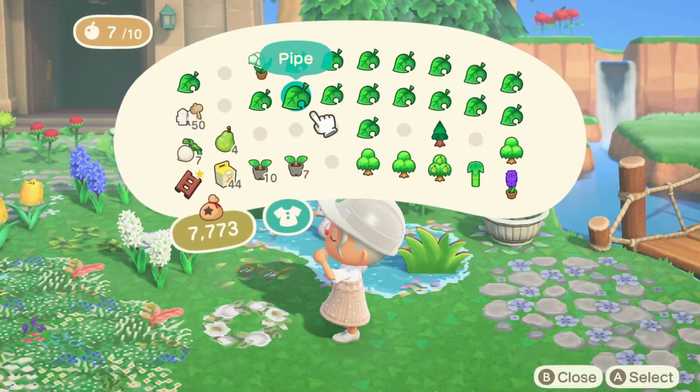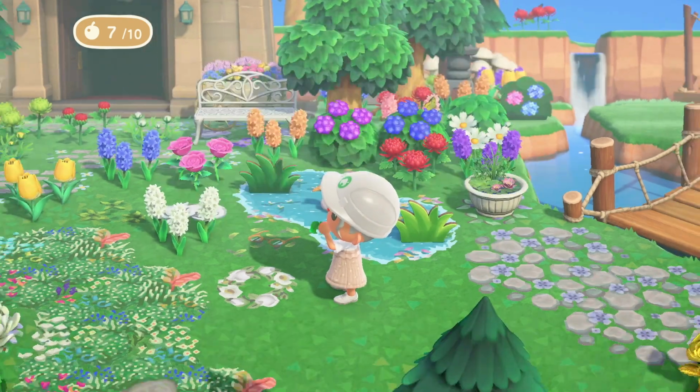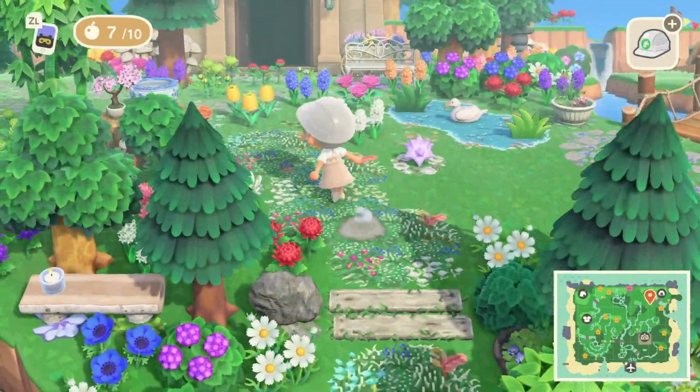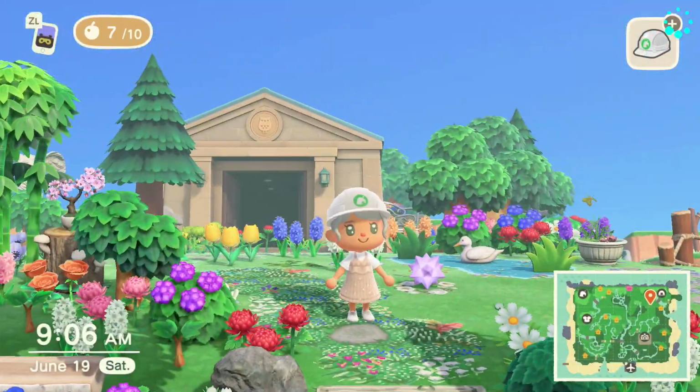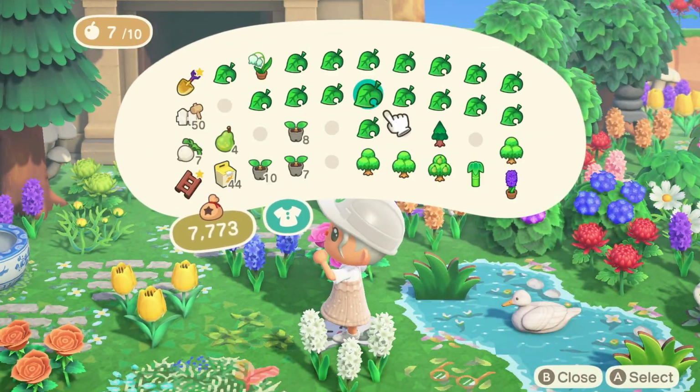Now what I'm doing, I am using this star clock, if I could just find it. I think it looks really cute. I also have some dropped star fragments along my island in different areas. So I definitely want to try and incorporate the star clock as much as I can because I just think that it fits my